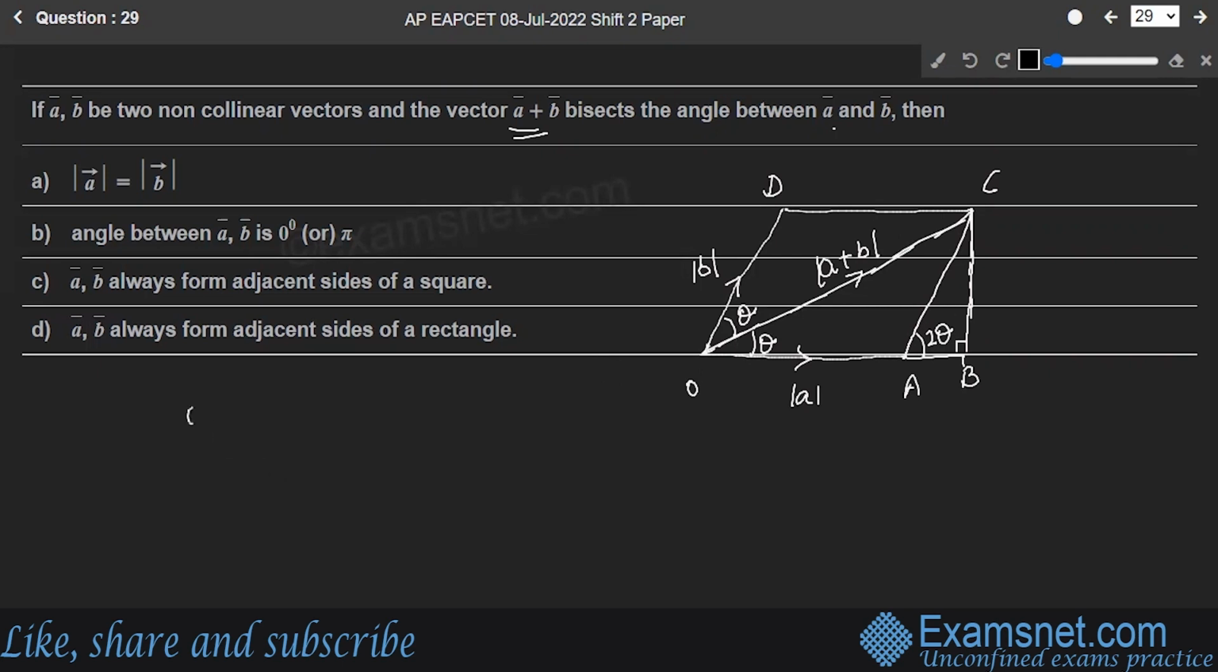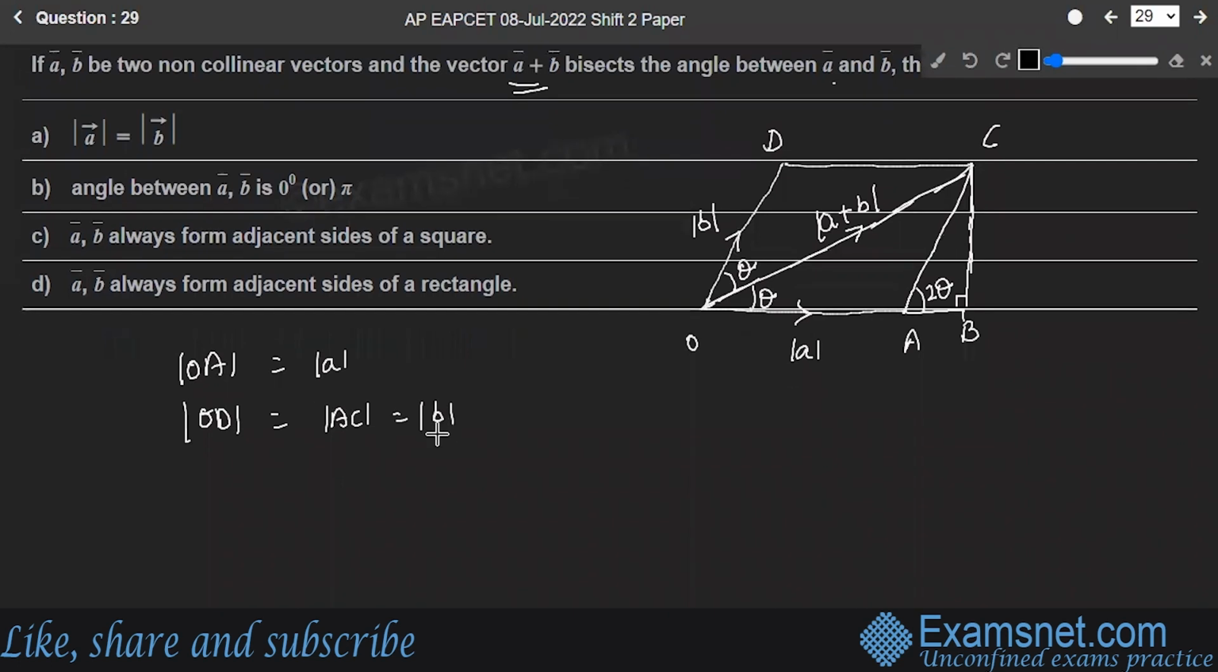Next thing, we are taking OA as A vector, and OD vector, which is equal to AC vector, is equal to modulus of B vector. Okay, let's write down a few more things over here. If I'm taking this triangle, what is AB and BC equal to? Let's find it out. In the triangle